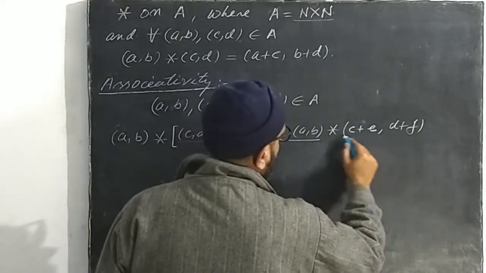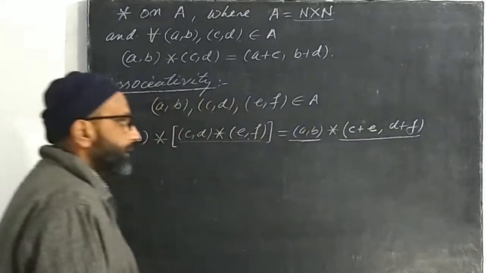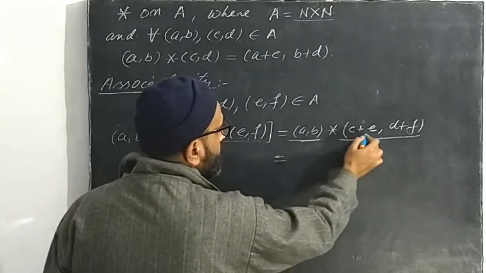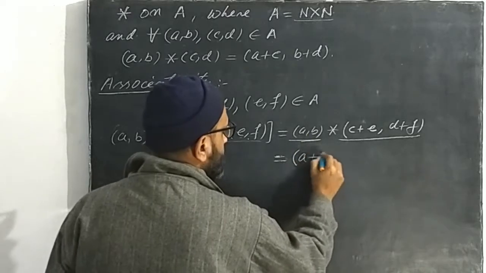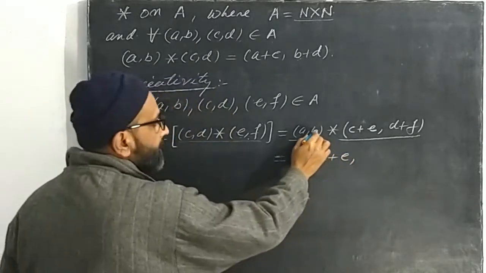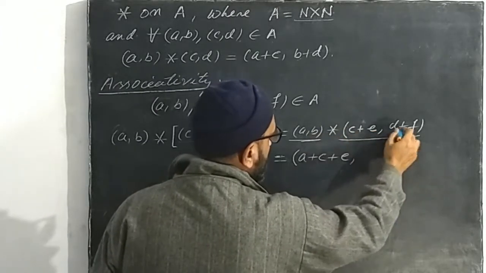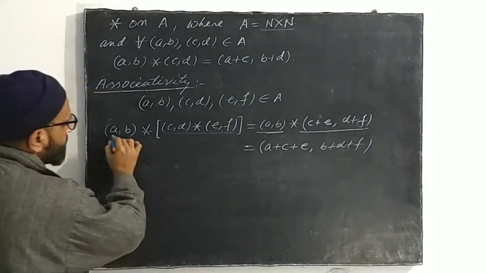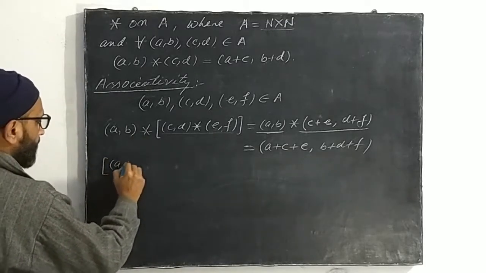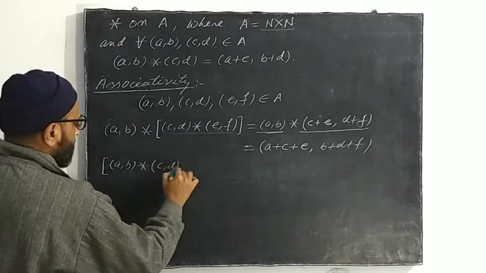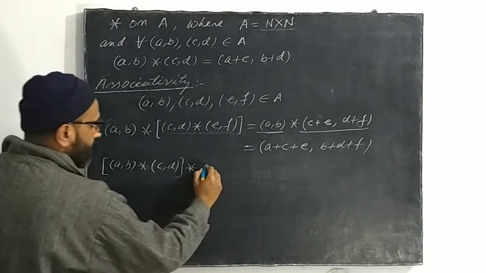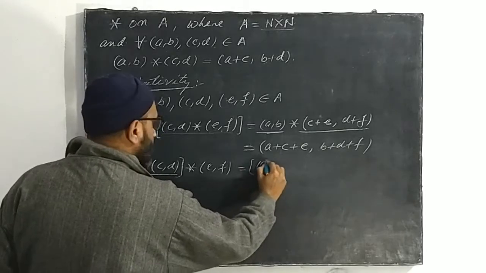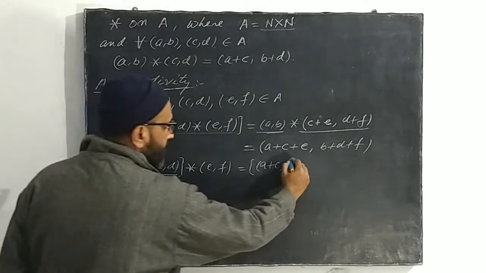Now we have two elements. First is this bracket and the second one is this bracket. Now we have to apply the operation on these two elements. So according to the operation, the first elements should be added. So we get a plus c plus e, and in the second element these two elements should be added, b plus d plus f. Now we have to group the first two elements together in a bracket. So (a, b) star (c, d), and the third element should be written outside, (e, f). So applying the operation within this bracket, we have (a plus c, b plus d)